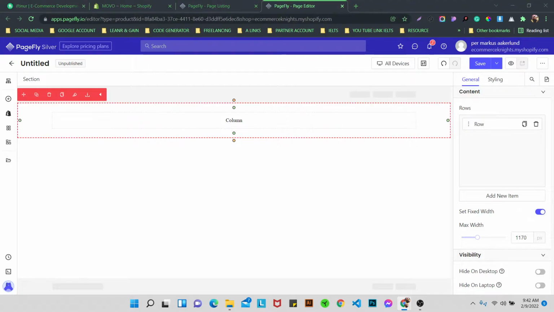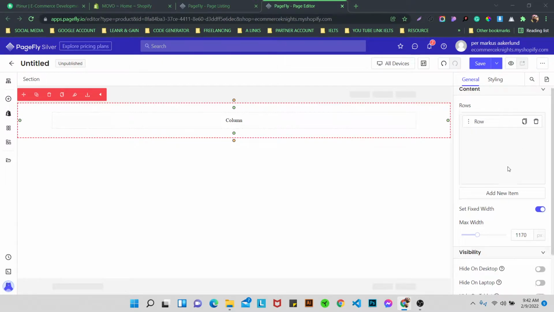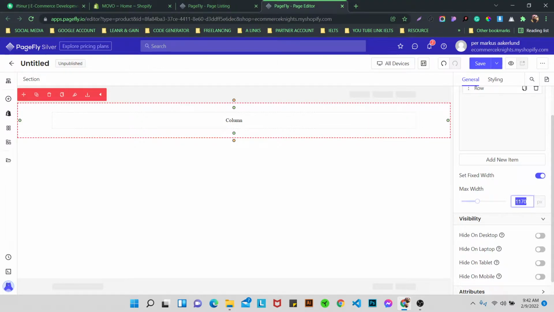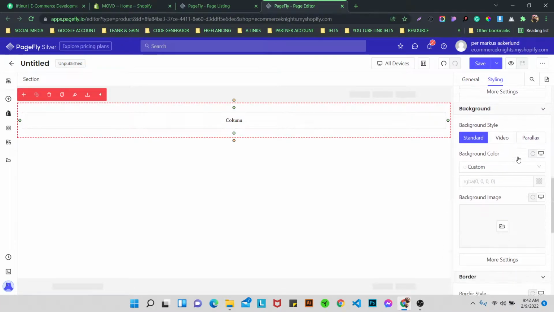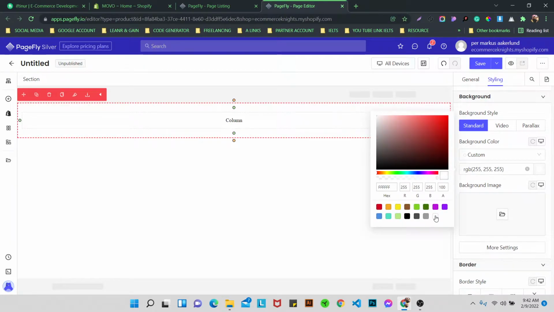then what we need to do, we need to make our section like 380 for now. Okay, and the background of this section white. So here is the white. Okay, done. Now we need to add a small thing,